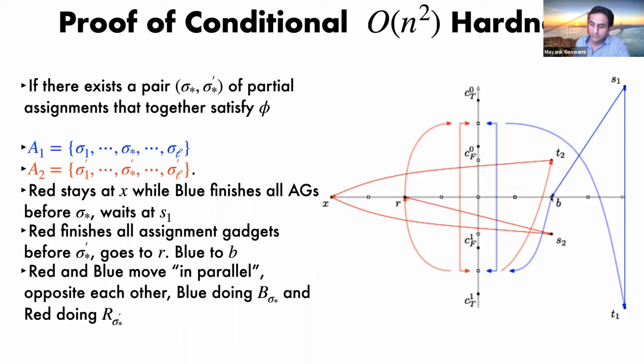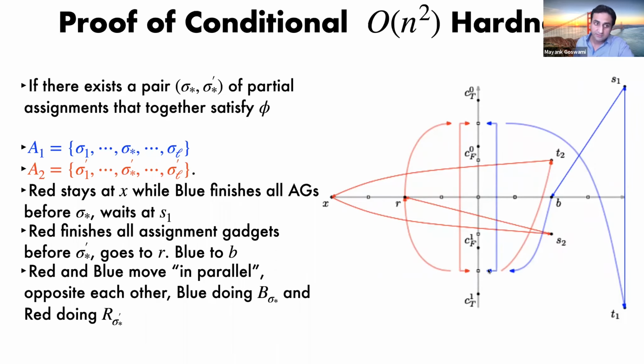Blue moves to B, no problem, because the distance between B and R is 1. And then they move in the opposite fashion, because now they're doing this satisfying assignment. So they can move in the opposite fashion, and they'll be able to finish all the M clauses. And after finishing, they can go back. So if there is a pair of satisfying assignments, blue and red can maintain a distance 1 from each other